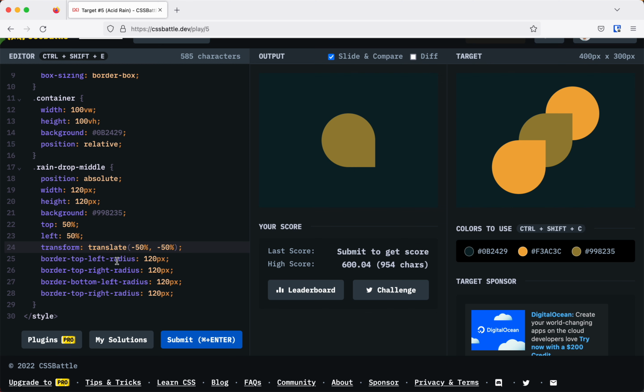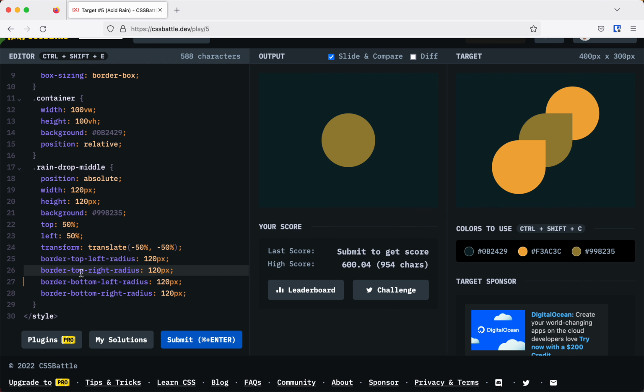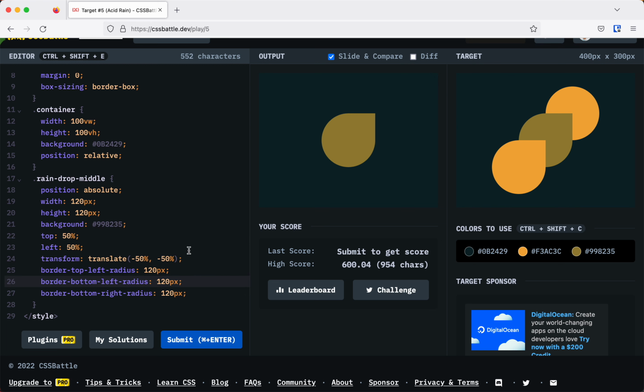Top left radius. Top right. Bottom left. Oh, of course. Bottom. That's why it wasn't working. If I get rid of this, oops, I don't know what's going on right now. Anyway, there we go. Okay, so I think what was happening is I forgot to change the property